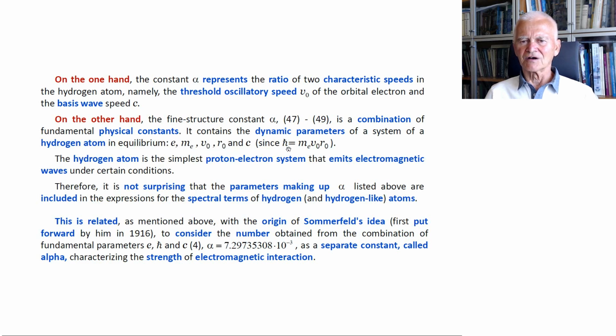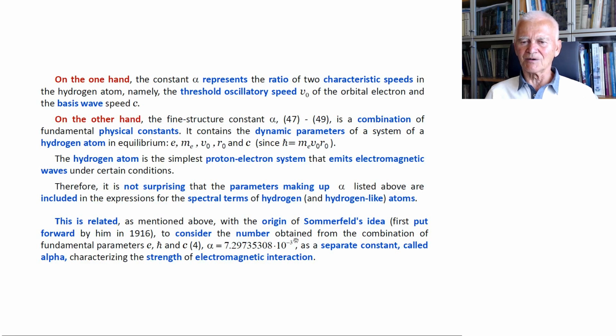Now, since H bar is equal to the product of these three parameters, the hydrogen atom is the simplest proton-electron system that emits electromagnetic waves under certain conditions. Therefore, it's not surprising that the parameters making up alpha listed above are included in the expressions for the spectral terms of hydrogen and hydrogen-like atoms. This is related, as mentioned above, with the origin of Sommerfeld's idea, first put forward by him in